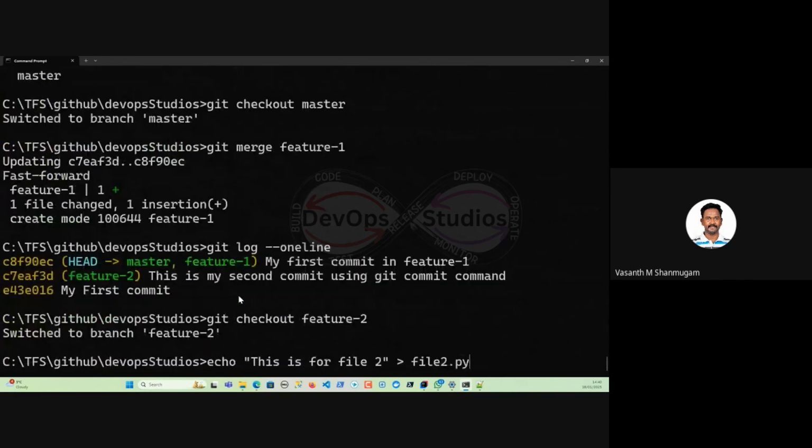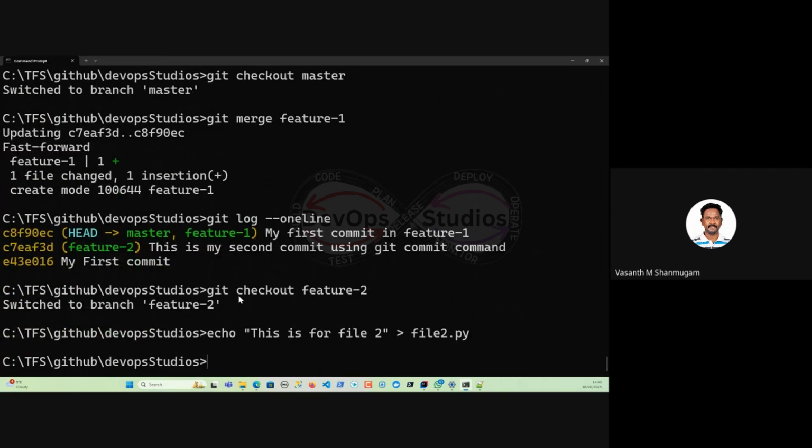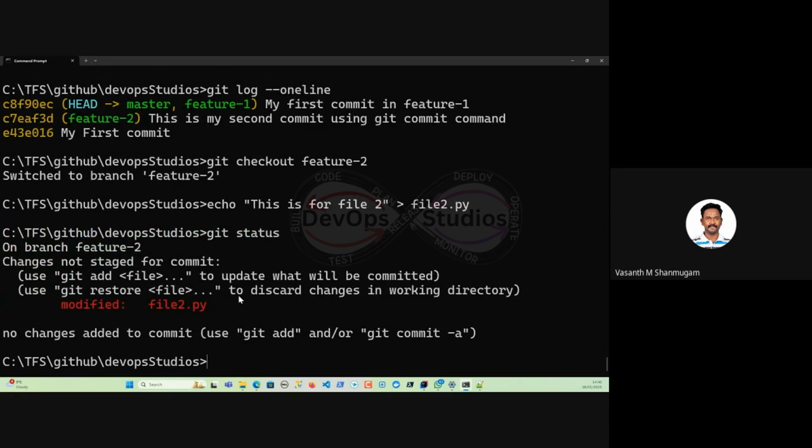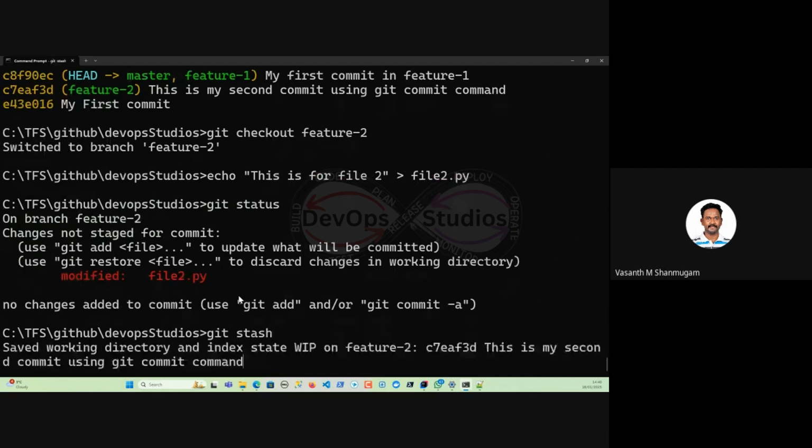So now it shows that I have made a change to my file2.py, and I'm on the feature branch 2. So if I type a git stash here,